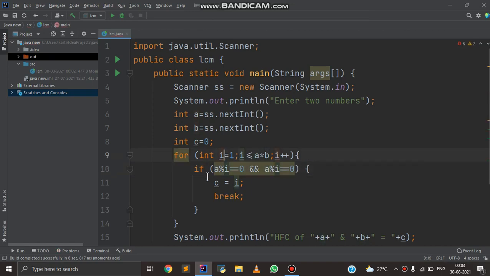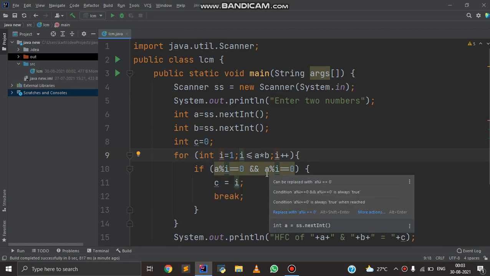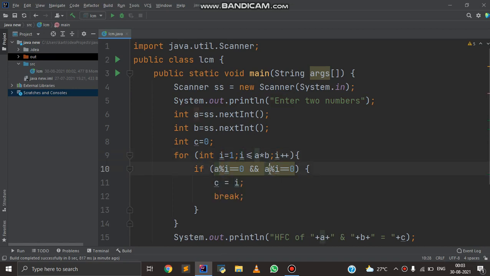So here, if the input given by the user is 2 and 4, so if a mod i is equals to 0, for i mod a and a mod i, the output will be different. So for HCF we have to do a mod i, and for LCM we have to do i mod a.